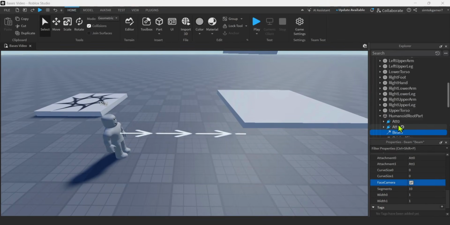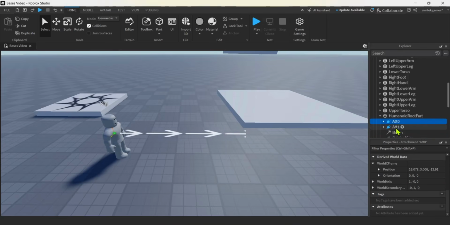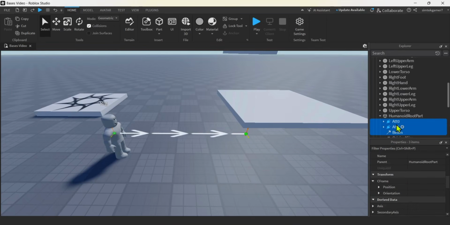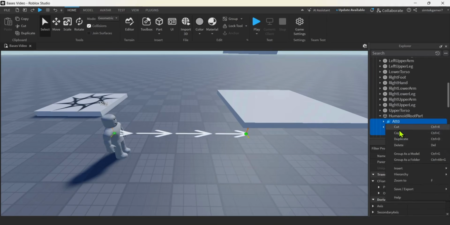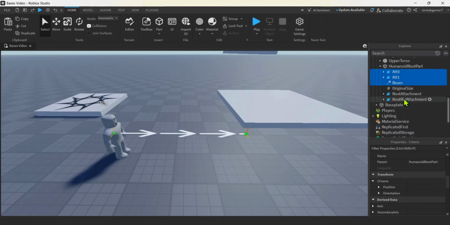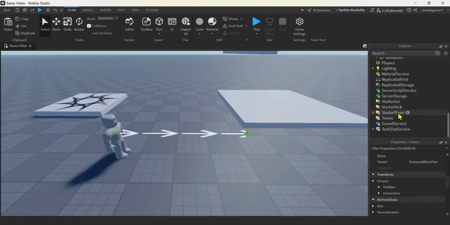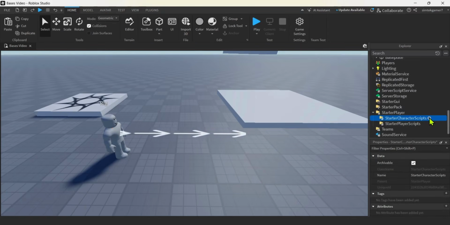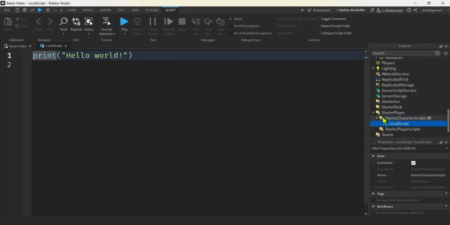I'm going to click on ATT 0, control click on ATT 1, control click on beam. I'm going to right click and I'm going to say copy. And then I'm going to go down to our starter player, right? We want to get our starter character scripts, and then I'll hit this plus sign, add a local script, and then we could say something like